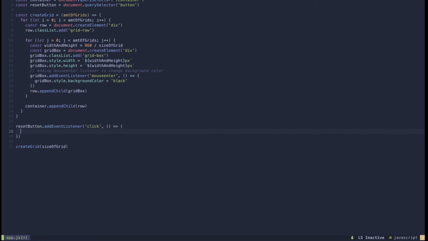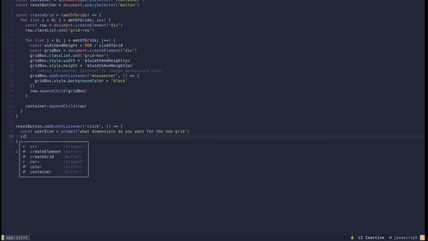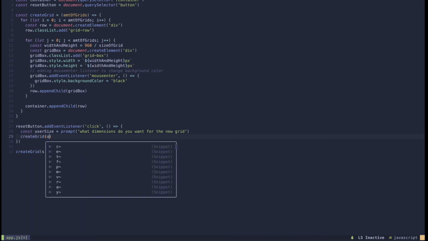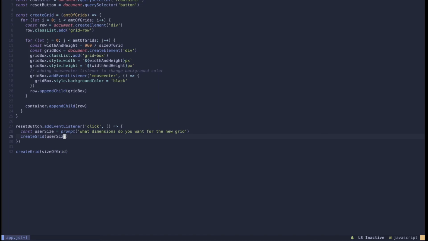what we want to do is a prompt, right? So we'll do user size, and that will be prompt. What dimensions do you want for the new grid? And then what we can do is call create grid with whatever the user size is. And actually, I think we'll probably want to do